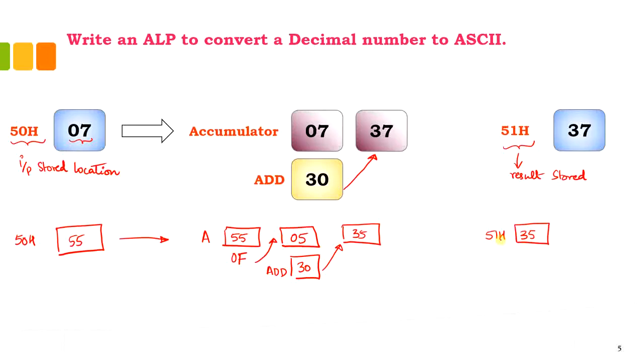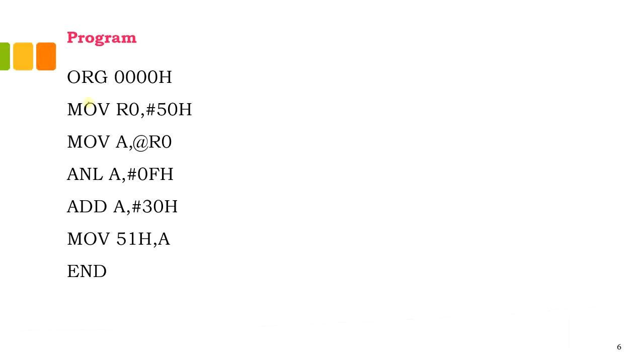So let me quickly go to the program. So you can see here we have ORG 0000H, which corresponds to the starting address of the program and corresponds to the start origin of the program. Then in this case, what I am doing is I am using a register R0. Instead of directly allocating 50H and moving the content, I have just included these two lines just to show you the different ways of writing the programs.